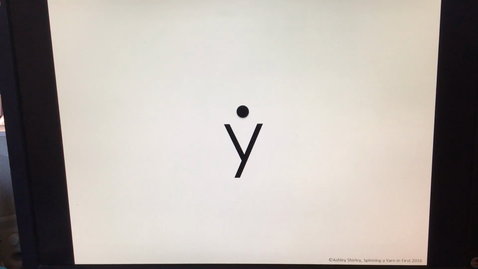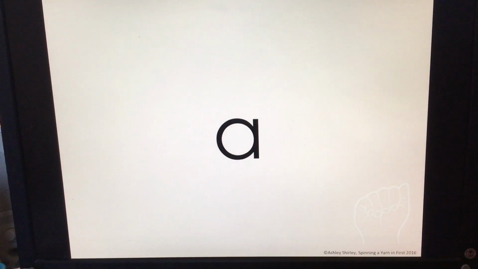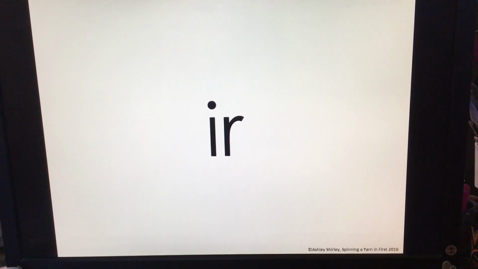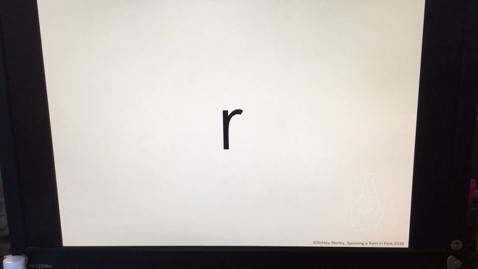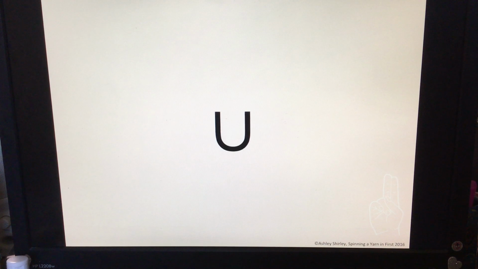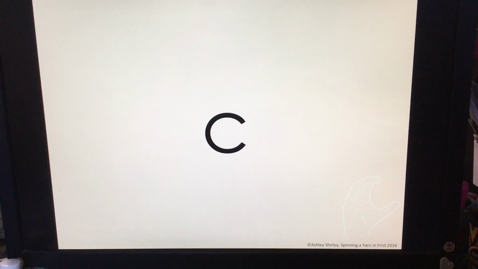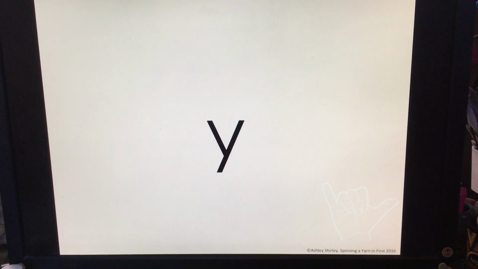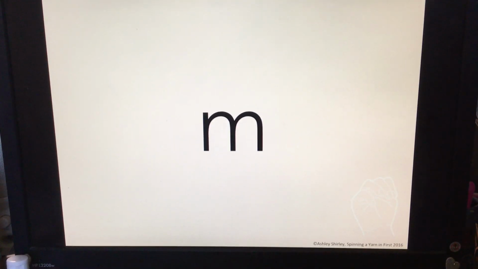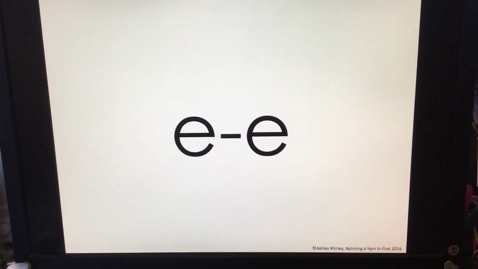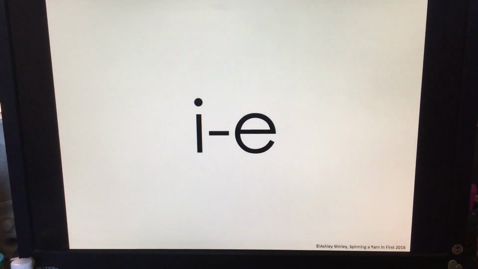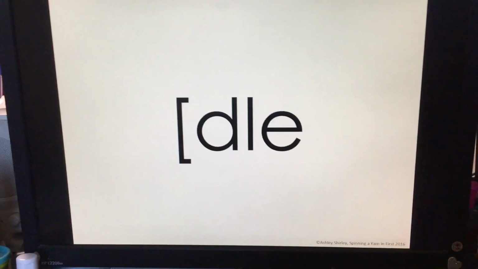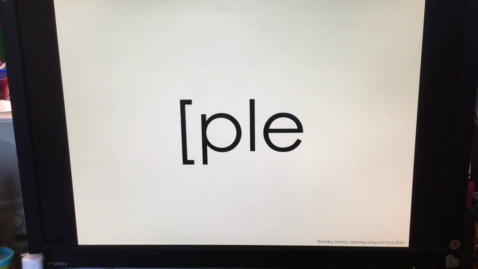Okay, we have vowel Y, long O silent E, A, J, final stable syllable GLE, F, combination IR, H, R, final stable syllable FLE, U, S, C, N, combination ER, final stable syllable TLE, Y, digraph TH, M, L, digraph SH, long E silent E, I, long I silent E, digraph EE, digraph CK, Q, final stable syllable DLE, digraph OO, final stable syllable PLE,